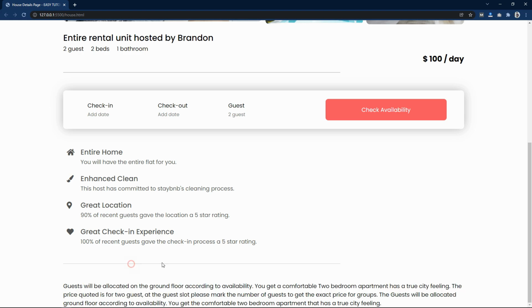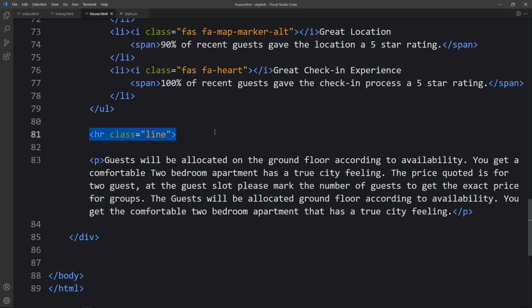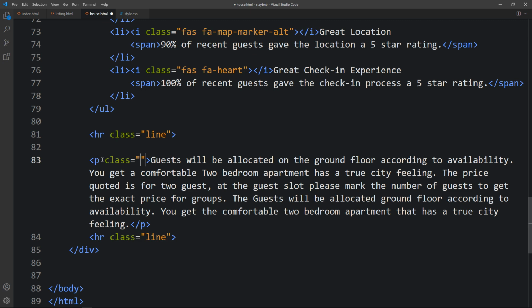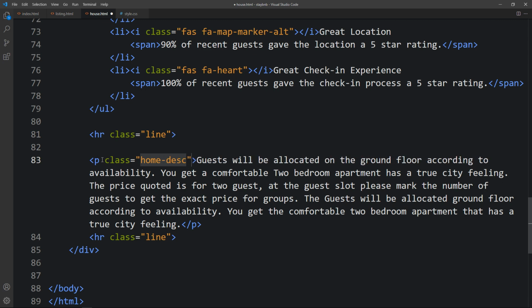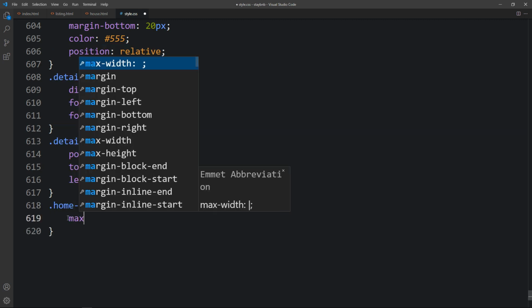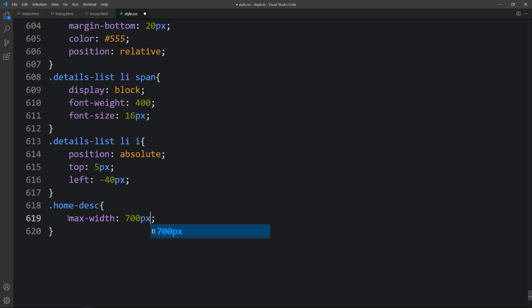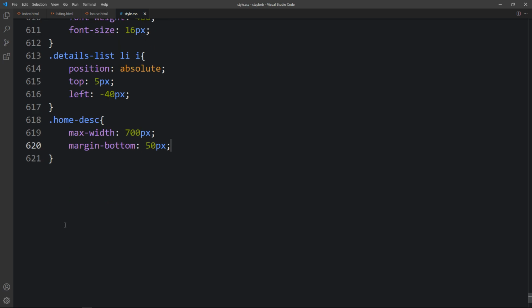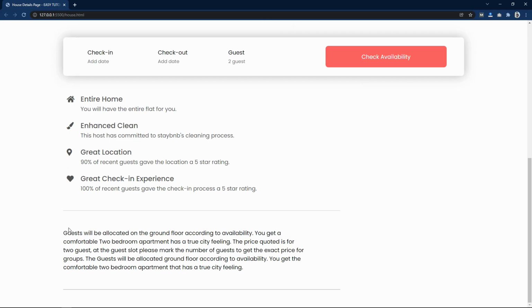Let me come back, and let me add one line just below this text. And in this text we have added the p tag. So in this p tag we will add a class name. So let me add the class name home desc, which is home description. Write this class name here in the CSS file. For this home description we will add the maximum width. It is 700 pixel, and we will add the margin from the bottom. So this text looks good,